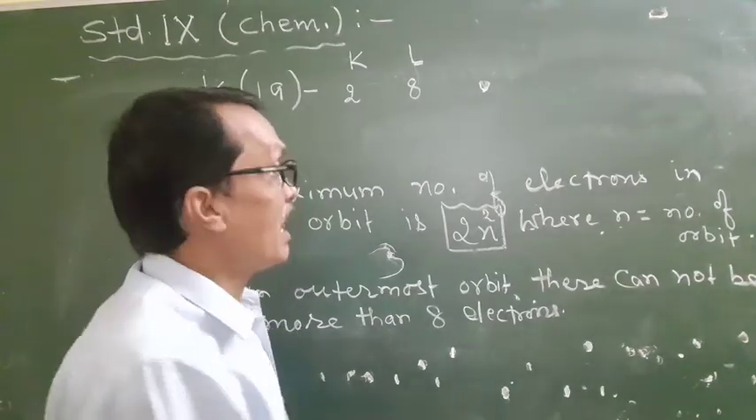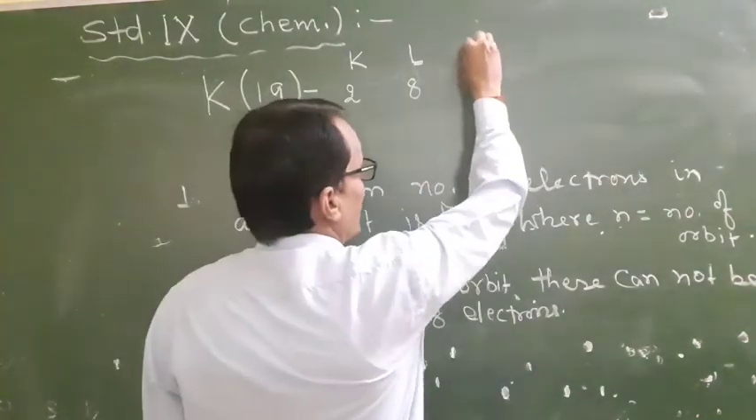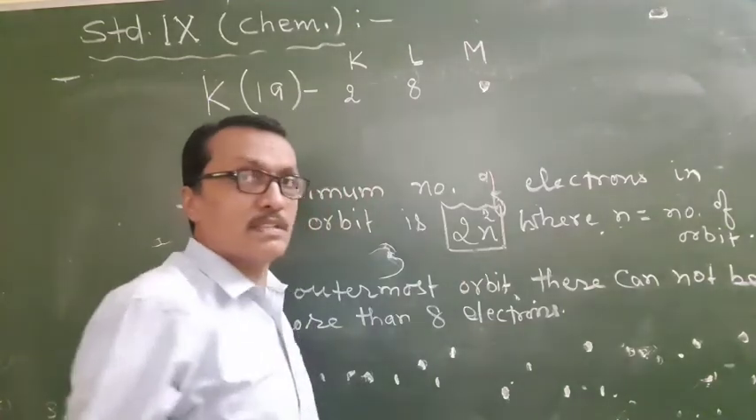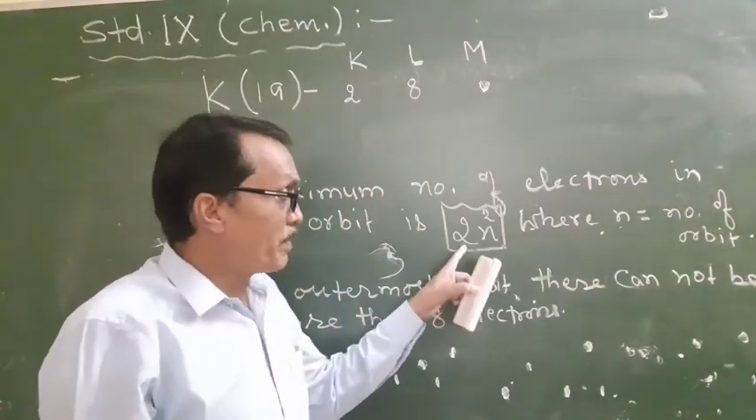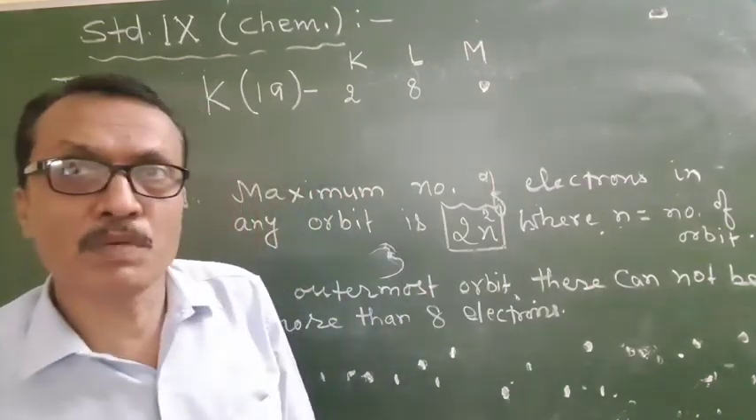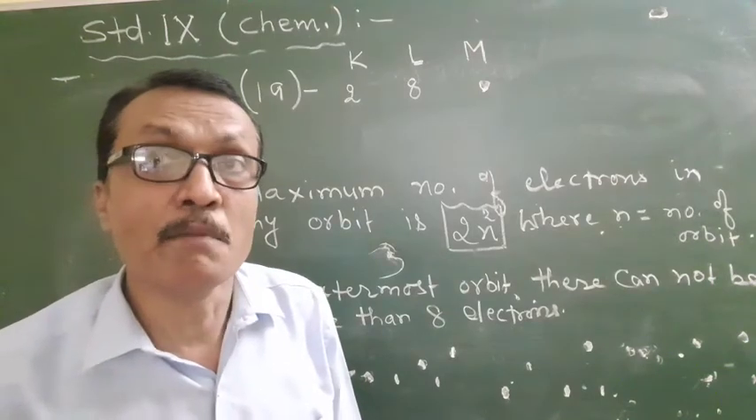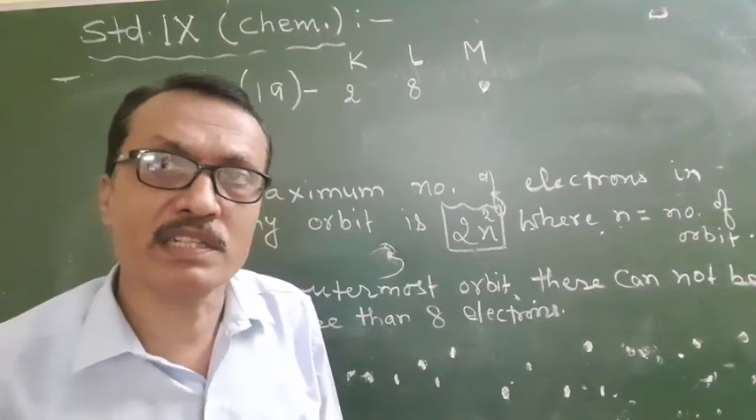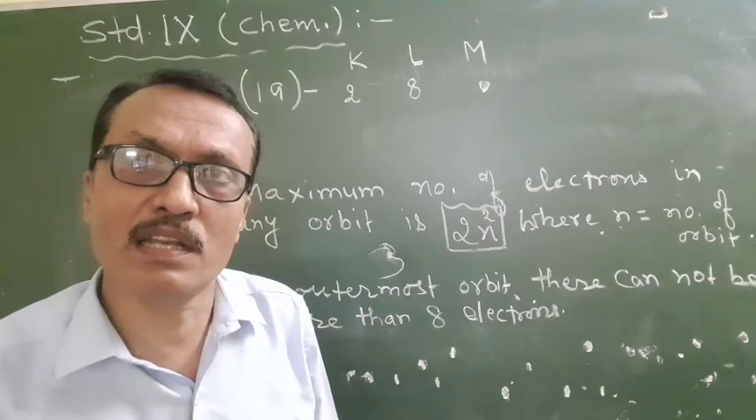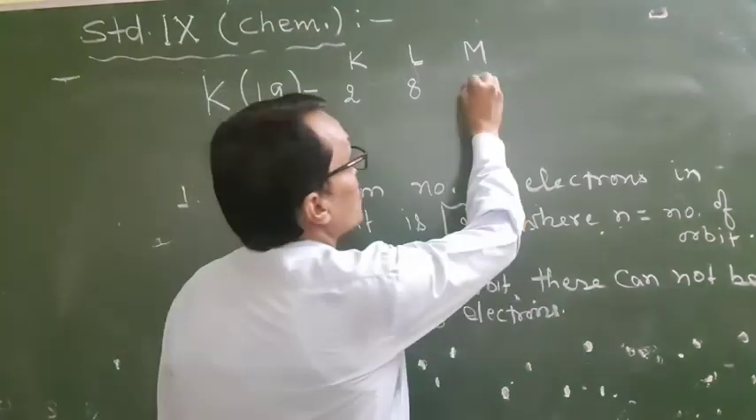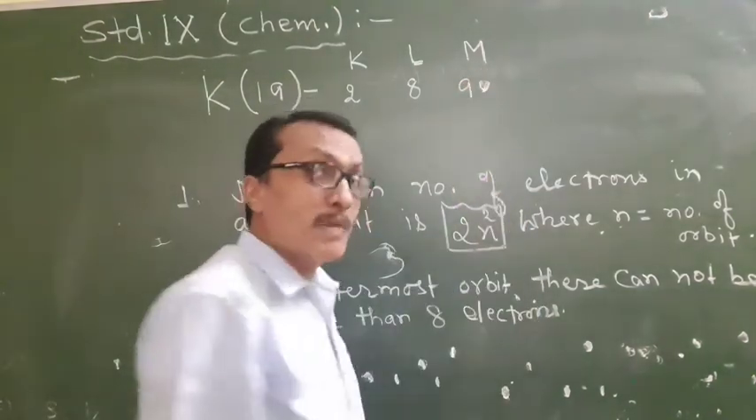So students, after the second orbit, the third orbit starts. In the third orbit, as per this formula, the maximum number of electrons will be 18. But we do not have 18 electrons now, only 9 electrons we have. So I wrote here 9. But students,